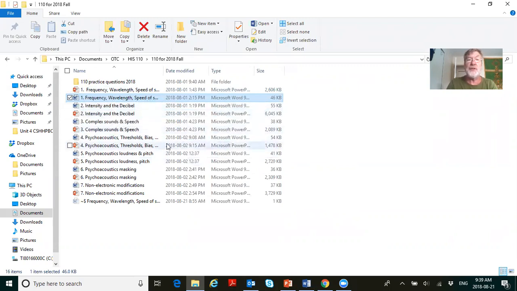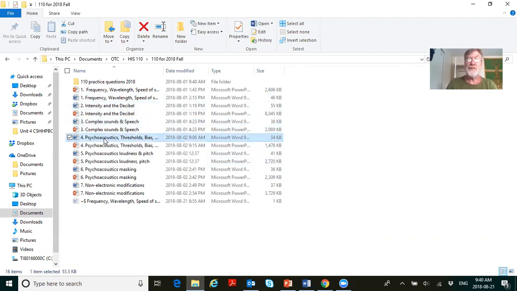Then we go to Unit 2. Can you see this here? Intensity and the decibel. And you'll see notes and a PowerPoint for that. We'll spend 2 weeks on that. Then we'll go to Unit 3 and talk about complex sounds and speech. We'll spend 2 weeks on that. Then you'll have your midterm right after Unit 3. And notice Unit 4,